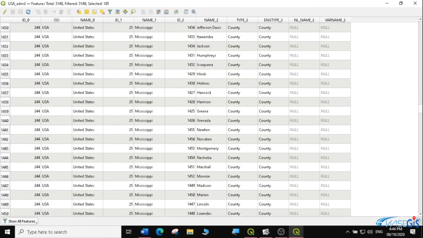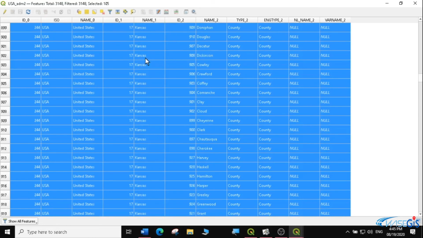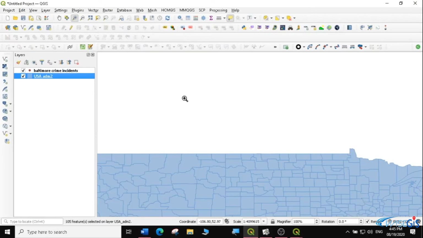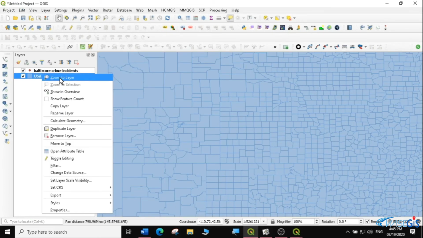Then I open the attribute table here. I can actually see the selections, which is Kansas. So it has actually selected all of Kansas. And to deselect, you just click on deselect. Nothing is selected now. So I'll pan, zoom to layer,